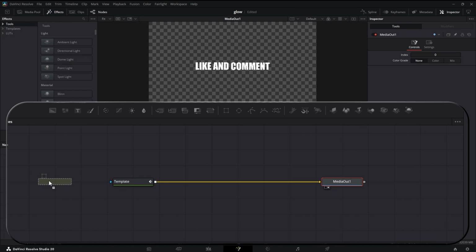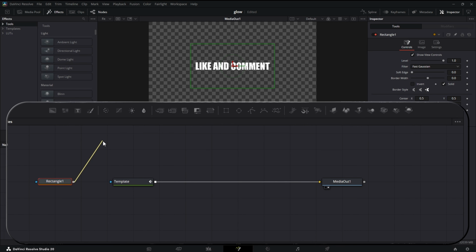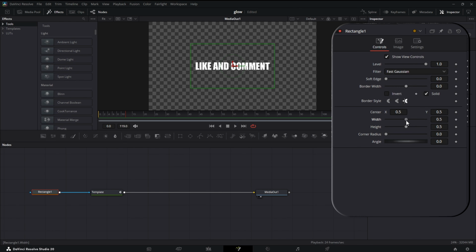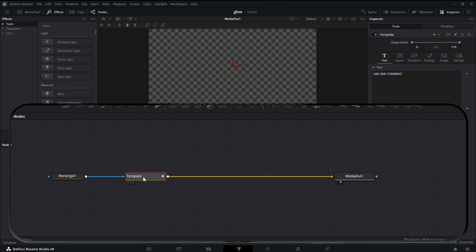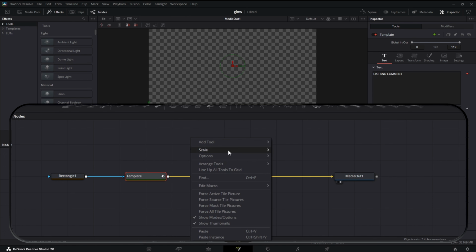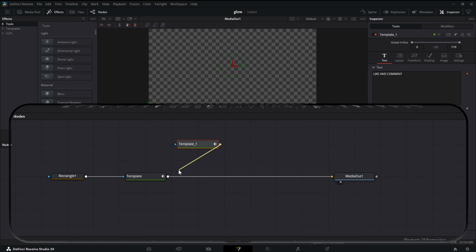Alright, let's mask our text. So grab a rectangle mask and hook it up into the mask input of the template. And this is going to hide our text when we don't want it to be seen. So we'll increase the width, drag down the height. Let's click off of that so we can get rid of those annoying green lines. Up and out. Perfect. Alright, select your template, right click, copy, paste, and we're going to merge this back into